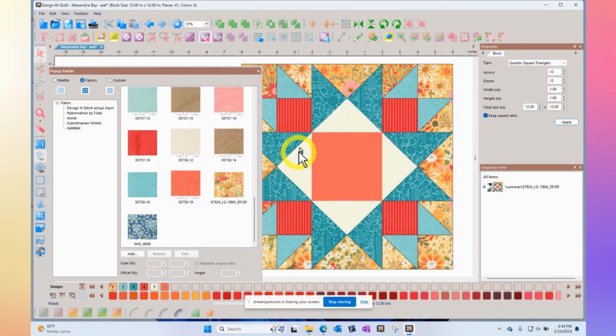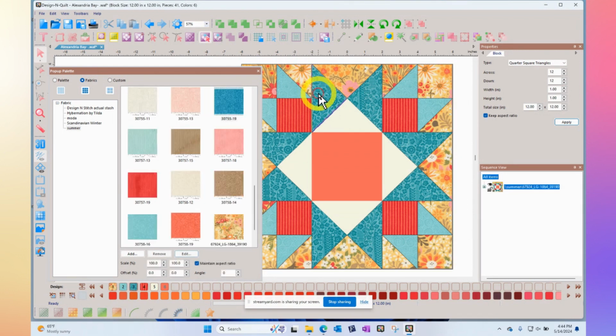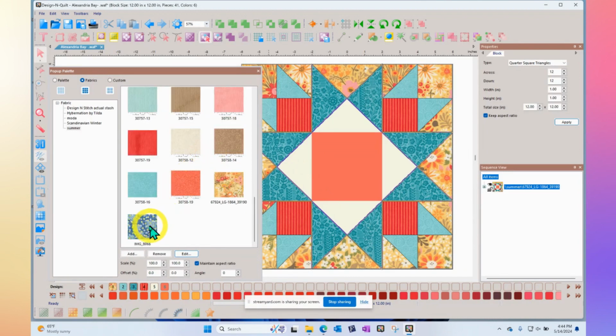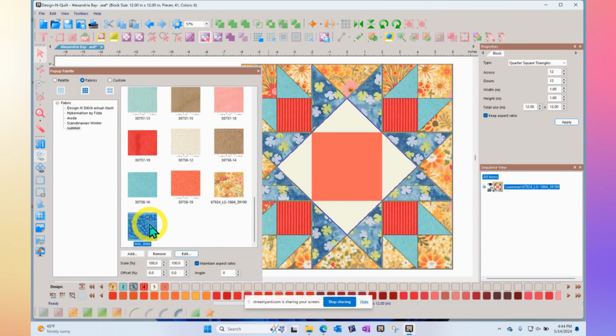And notice that, for example, if I use my selecting tool and I select this color right here and right click and say same in block by color to select all of those pieces. And now I can scroll in my fabric palette and try on a different fabric. And it will display at the actual size that it would be if I cut it myself. And so the important thing there was to